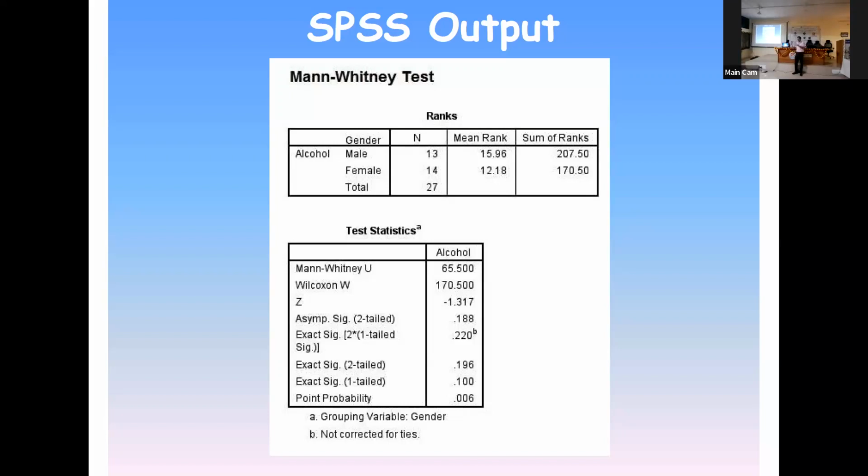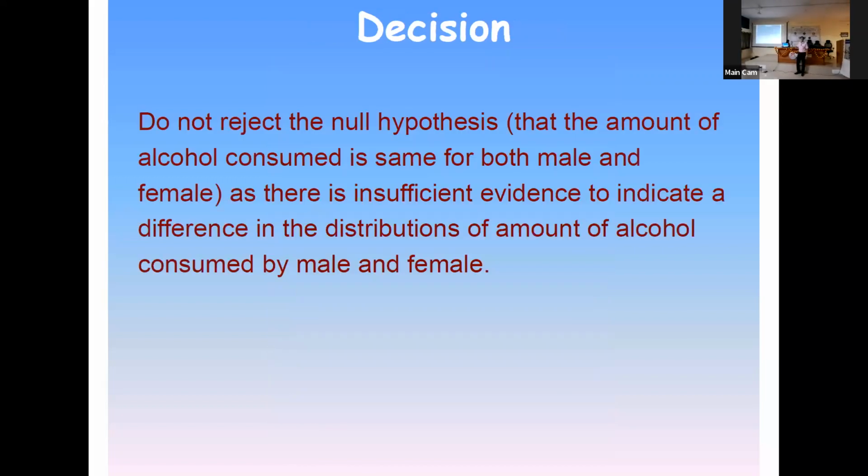10% चांसेस हैं कि अगर दोनों एक जैसा अल्कोहल कंज्यूम कर रहे हैं तो भी मीन रैंक में ये डिफरेंस आ सकता है। तो इससे कंक्लूड कर सकते हैं क्या आप कि मेल ज्यादा ले रहे हैं? नहीं, cannot conclude that. Conclusion is do not reject null hypothesis, that means both are consuming equally. This data says, I am not saying, data is saying. Okay,